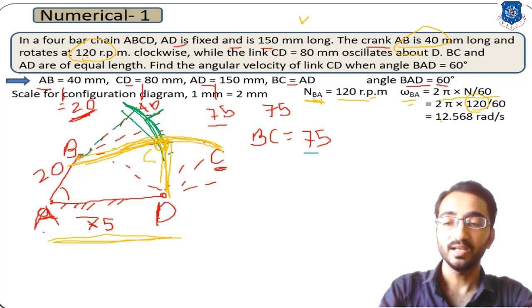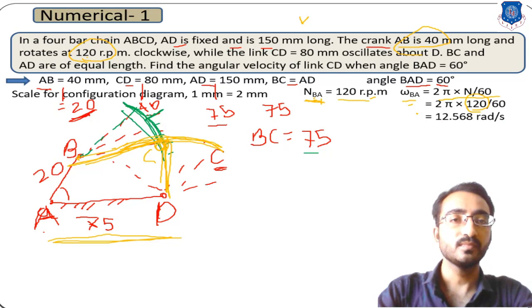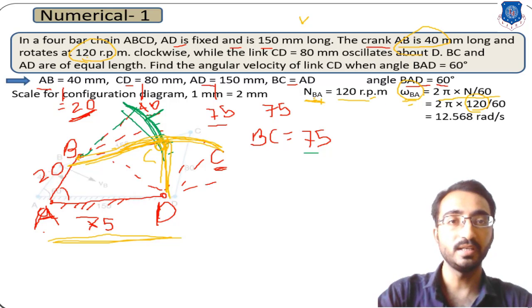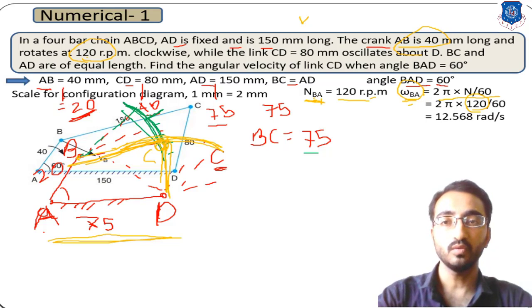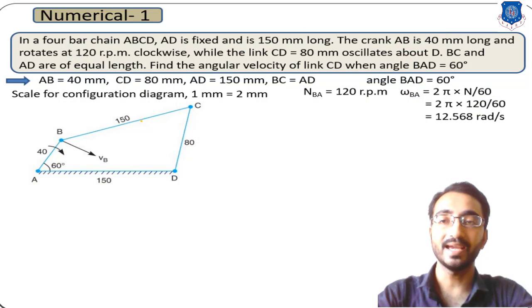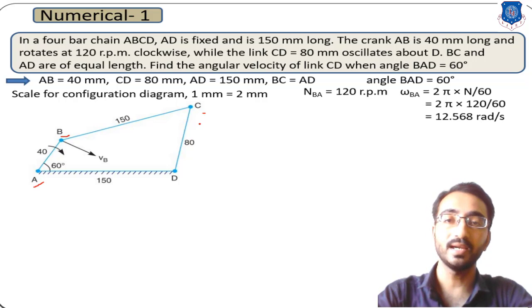Okay, so that is your angular velocity of link B with reference to point A. Now with the help of this angular velocity you can calculate linear velocity. Okay, so over here in this way we can sketch your configuration diagram. In this diagram you can simply refer to how you have considered points A, B, C and D